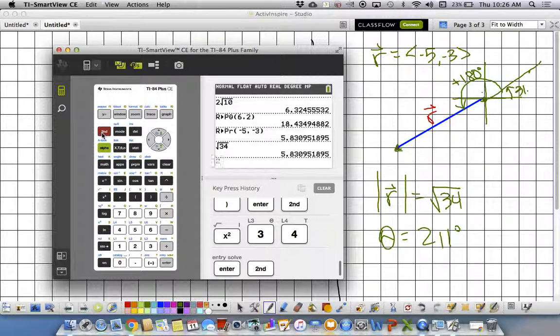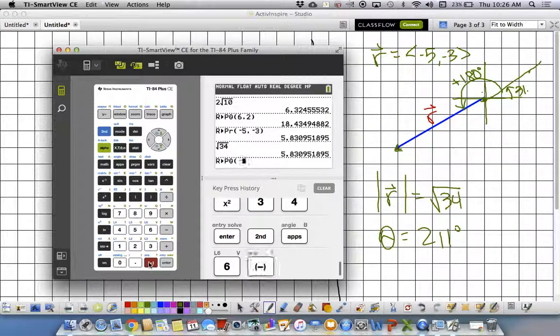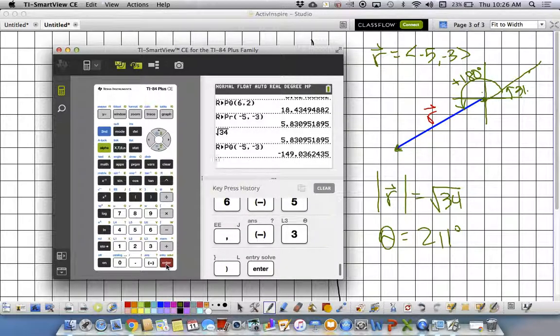If you go back to second angle, go down to 6, -5, comma, -3. Why did they give me the negative? Because it comes from another direction. Why do we just add 360 to it? You can add 360, or you can say